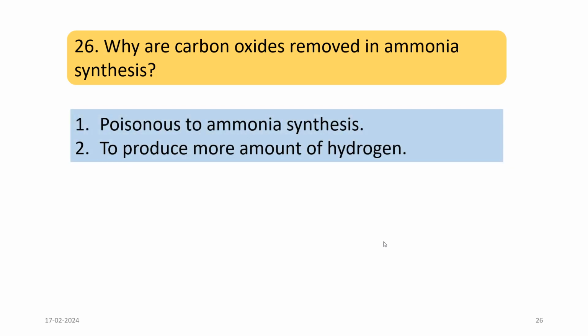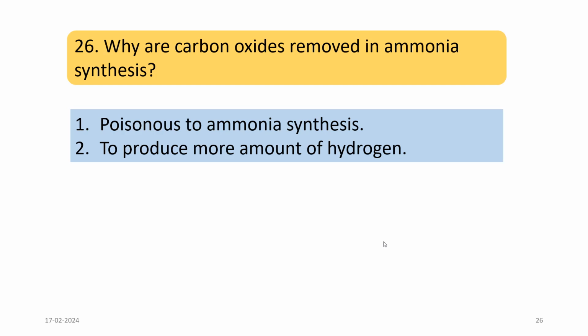So here the answer will be poisonous to ammonia synthesis, and the second is to produce more amount of hydrogen. As we already know, carbon dioxide is detrimental or poisonous to the iron based catalyst used in the ammonia production. So that is why it should be removed. And the second one is, if we remove carbon dioxides or carbon monoxide more, then the amount of hydrogen will be more,